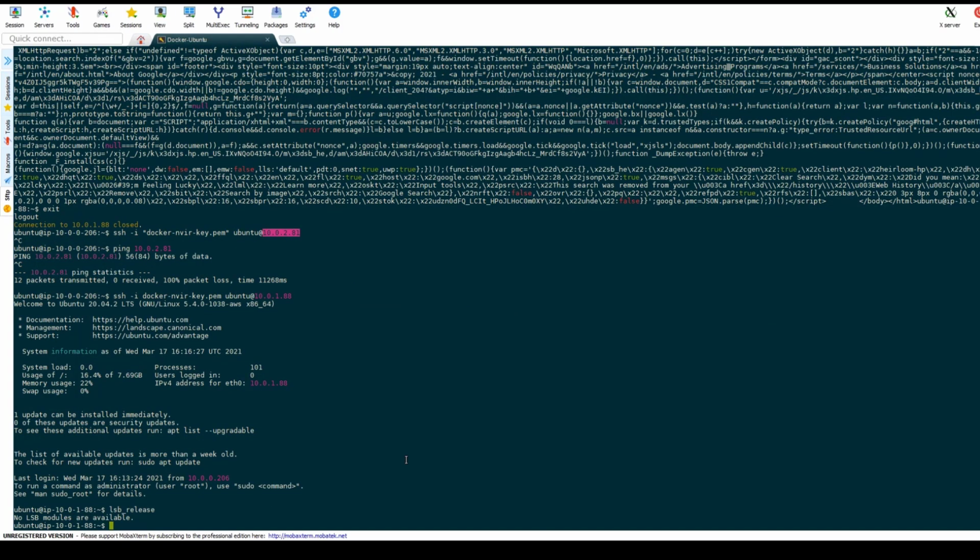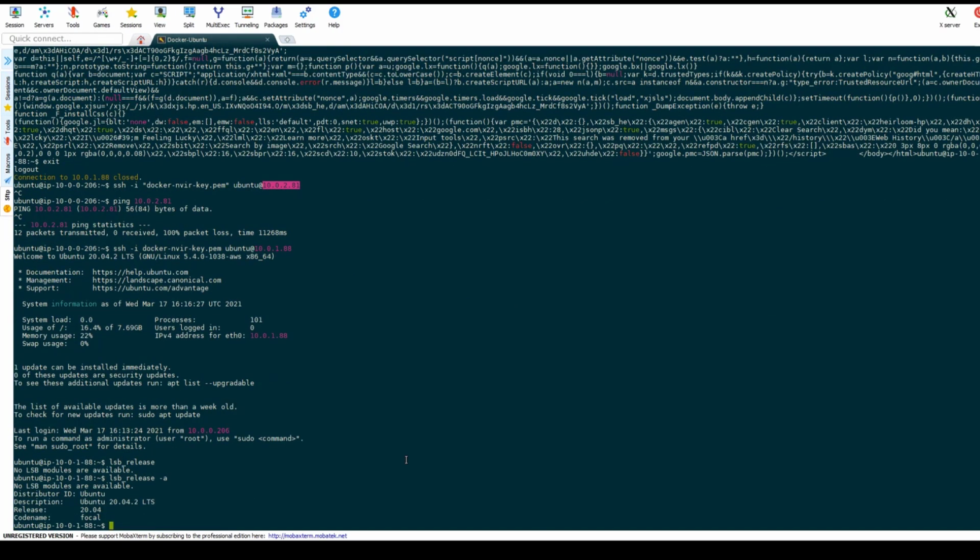First we check our OS version using lsb_release -a. Now we go to the Docker repository and download the required packages. We need to download Docker CE, Docker CE CLI and containerd for this installation.